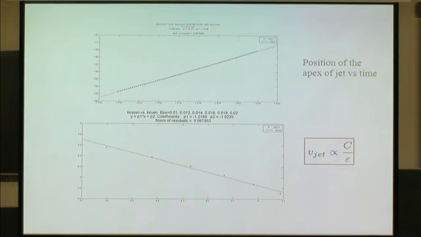And if you look at the slope of this linear law, the speed of the jet as a function of epsilon, what you find is that it follows essentially a 1 over epsilon law. This means that the velocity of the jet is very high and blows up when epsilon goes to 0, like 1 over epsilon. This coincides with observations in experiments that the thinner the jet, the faster it goes. And also, the higher the conductivity, the faster the jet, and also the thinner it is going to be.